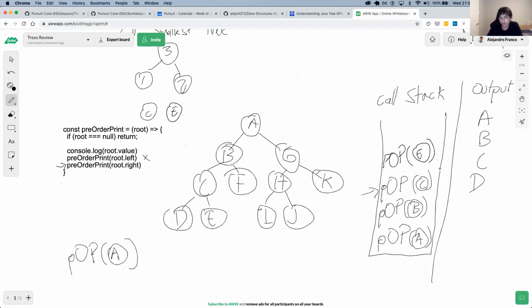That's not null. We console log the value of that root, which is E. We call pre-order print on the left of E. That returns null because there's no left. We call pre-order print on the right of E. That returns null. Then it finally finishes.